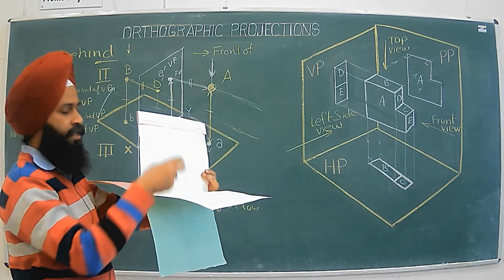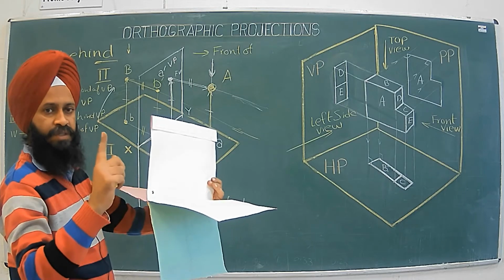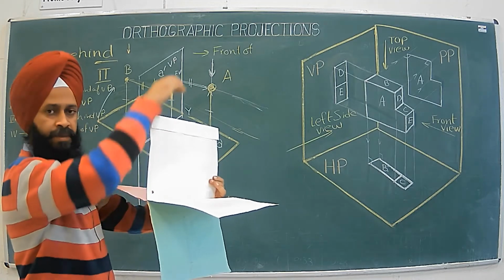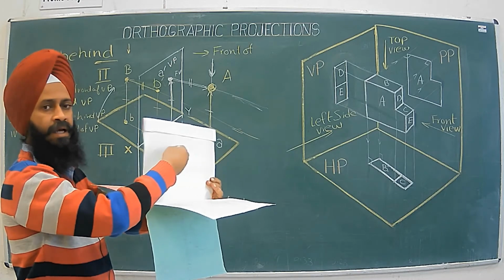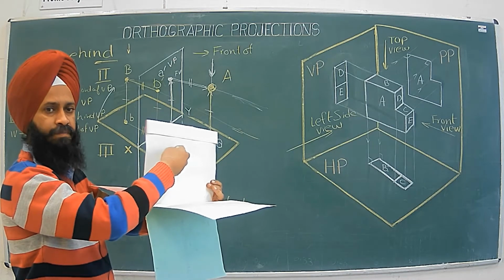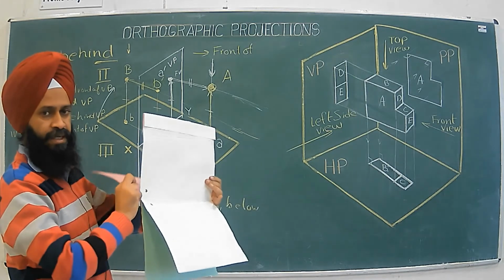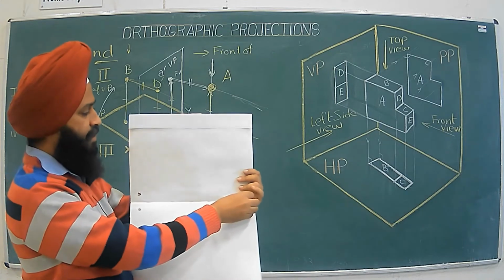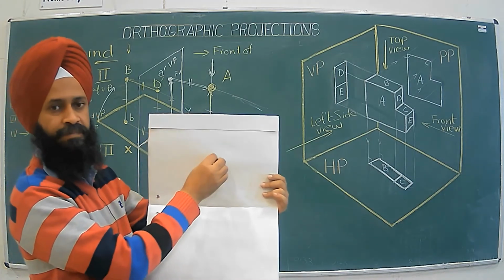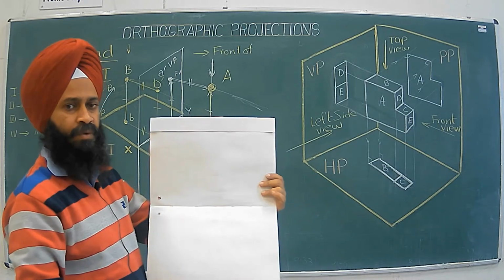Again you can see here we have vertical plane, here we have horizontal plane. We start with the first quadrant or first angle. So top view on horizontal plane, elevation front view on vertical plane. So this plane rotates like this, and this is our first angle projection, wherein we have vertical plane above xy line, horizontal plane below xy line.